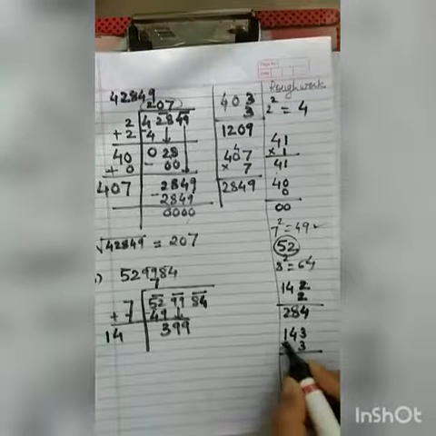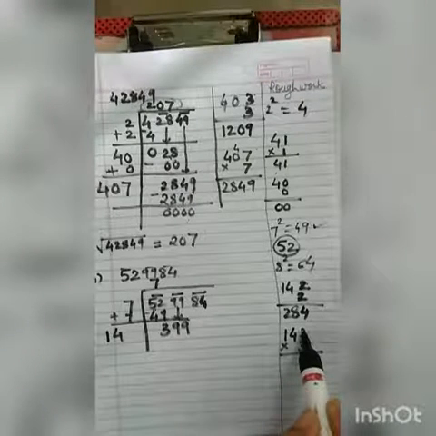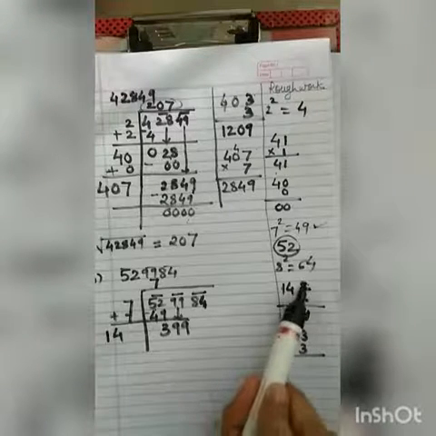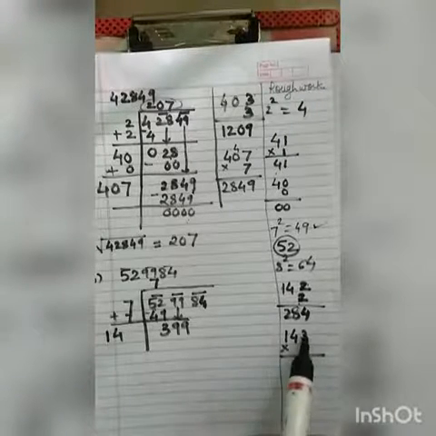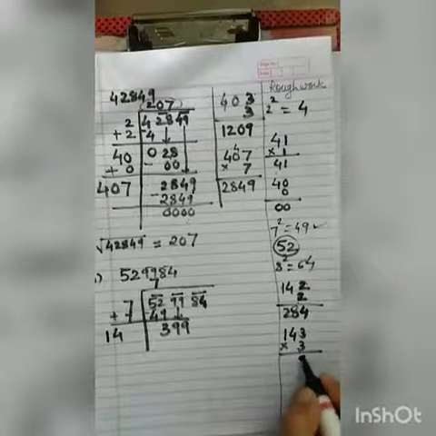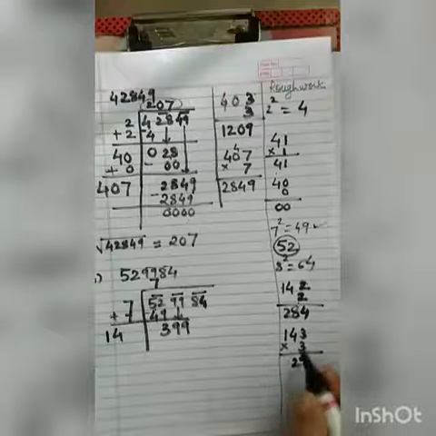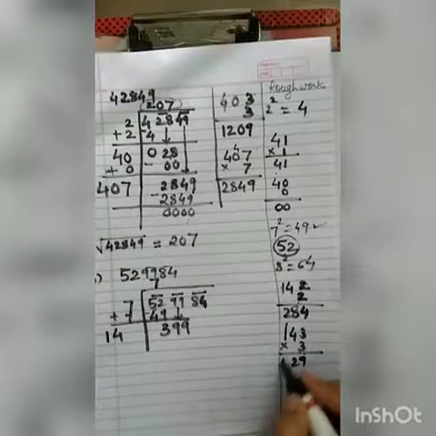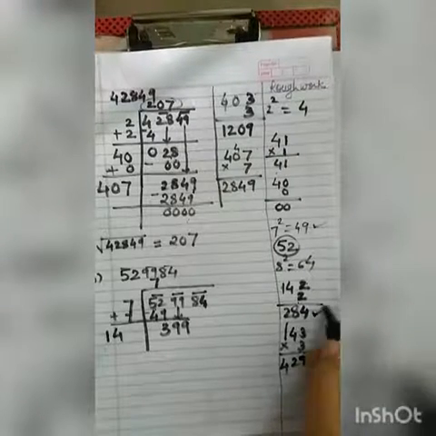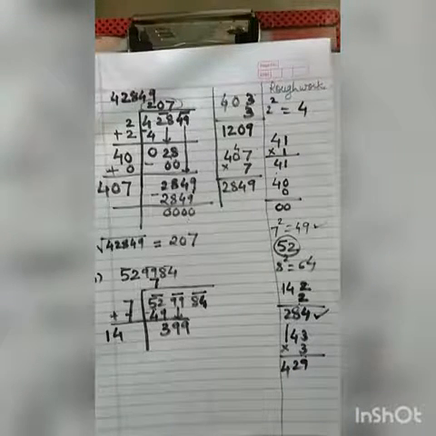One thing keep in your mind, whatever number you take at the unit place, that same number we have to multiply. If I am taking 2, I have to multiply by 2. If I am taking 3, then I have to multiply by 3. 3 3s are 9, 4 3s are 12, carry 1, 3 1s are 3 and 1, 4. So it will be a bigger one. So instead of 429, we will go with 284.